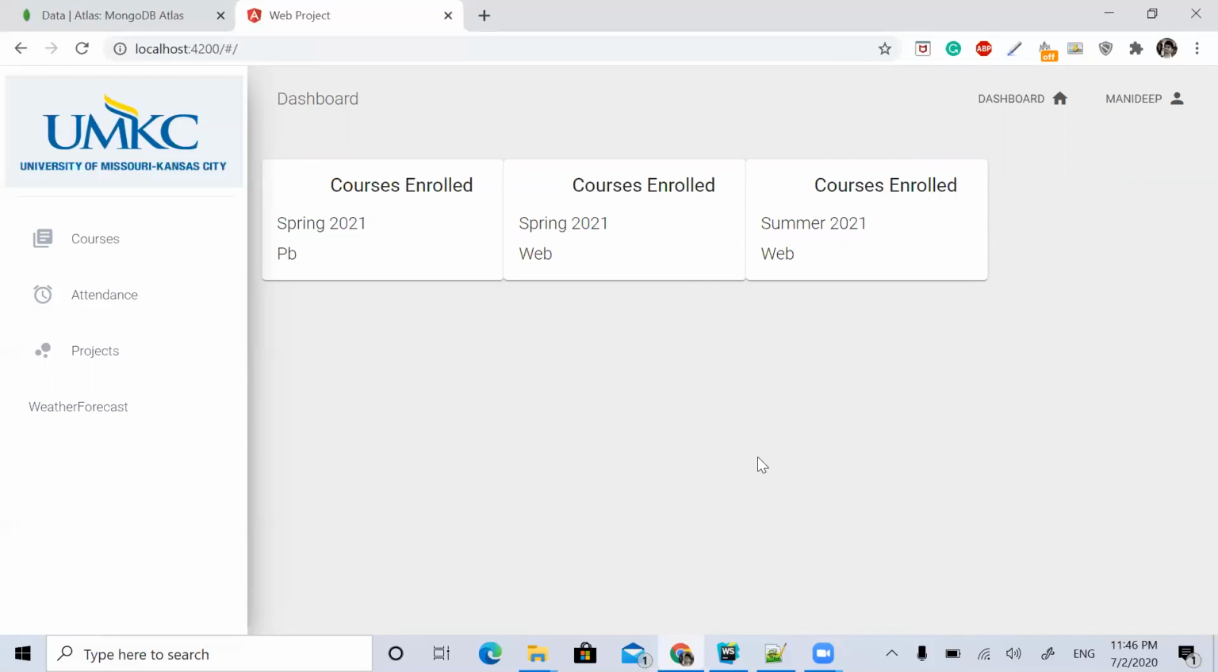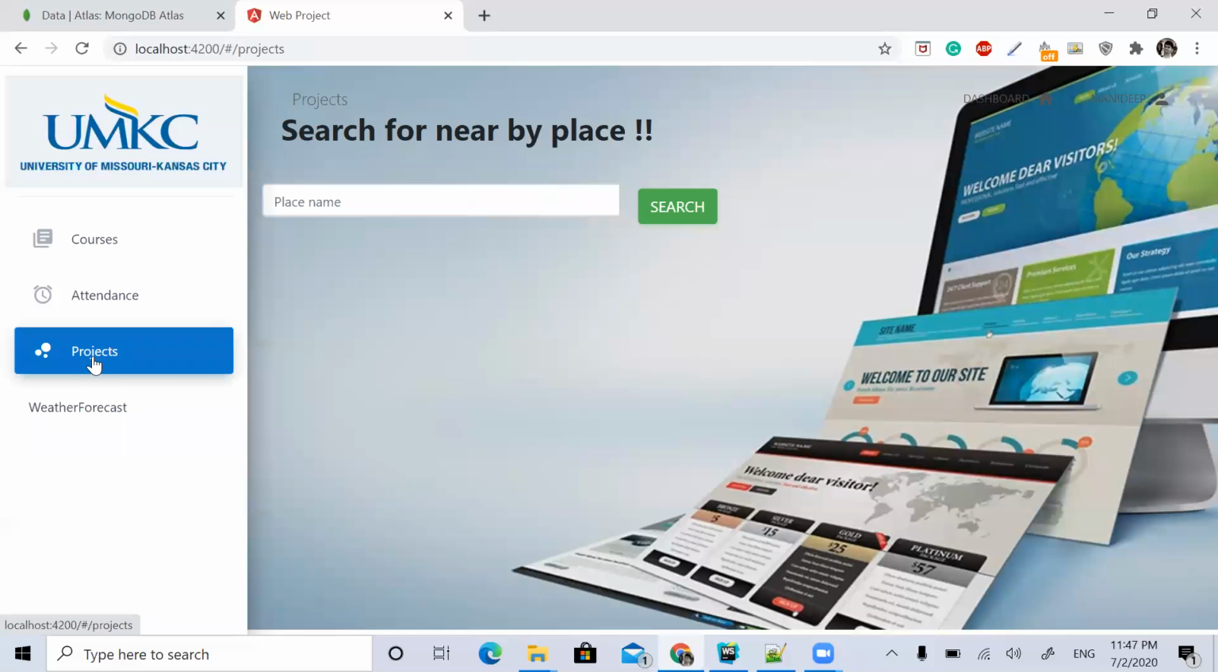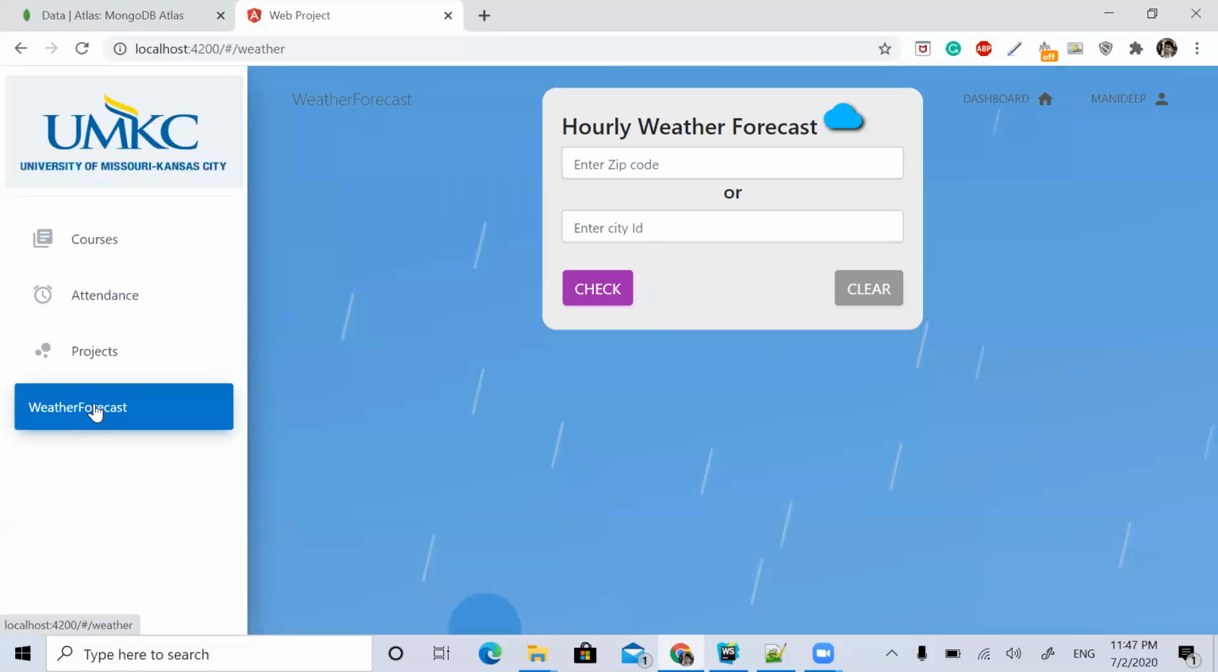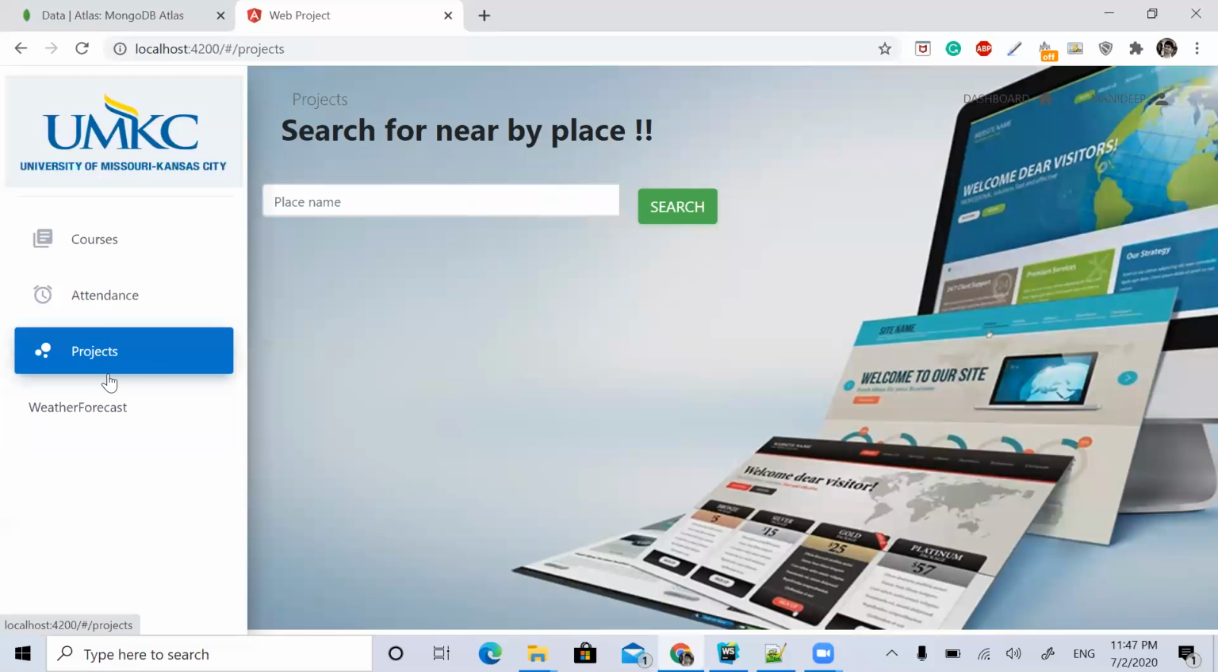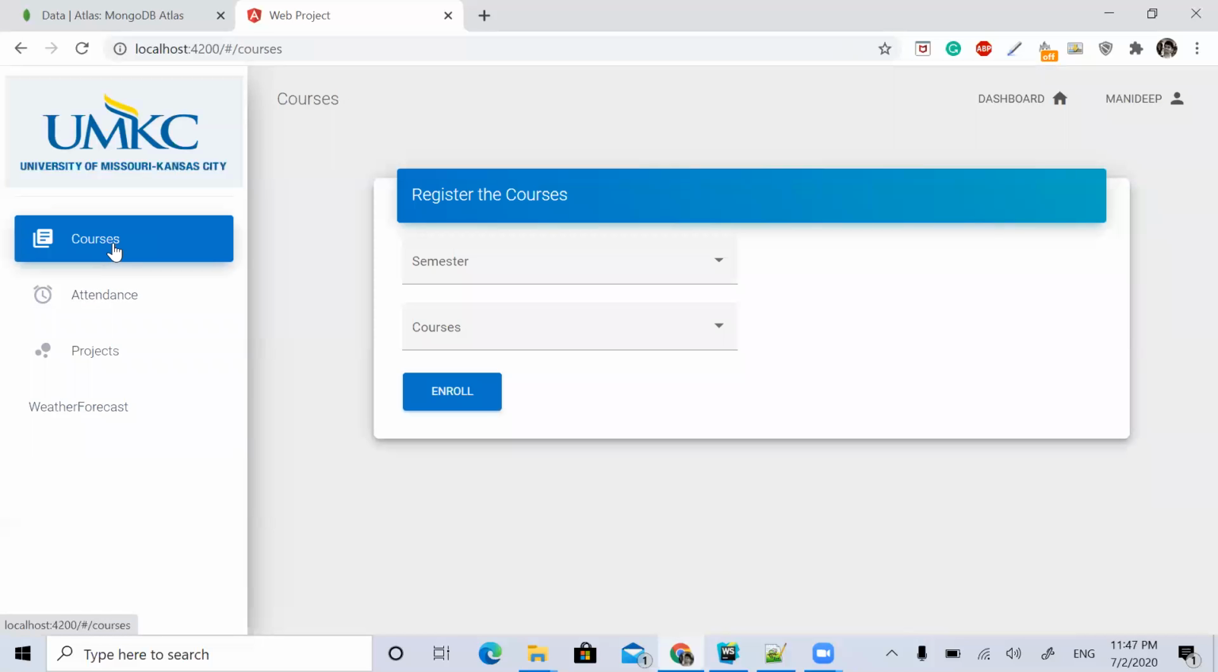Yeah, thank you. This is our project for the web, and here I have used a three-tier environment. Here I can communicate from UI to Node.js and Node.js to the DB, and I have used two APIs. One is for place searching, and another one is weather forecast. As I said, firstly we intended to use Google API, but unfortunately we are not able to use that. And for registering the courses and all those,